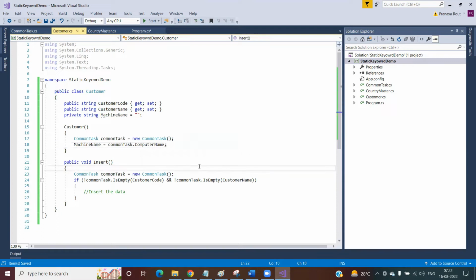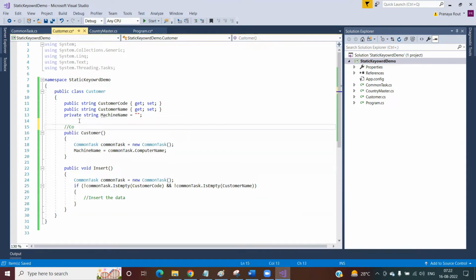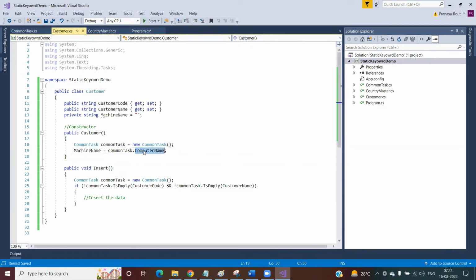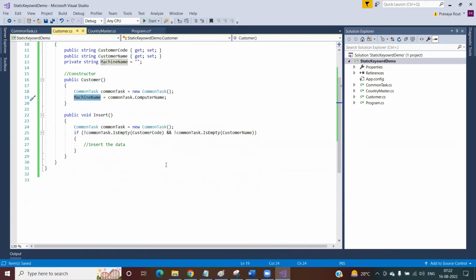Is that clear? Now what I'm doing here, I'm creating a constructor. This is a constructor. And using this constructor, I'm creating an instance of a common text class. This is my common task. And once I create the instance, then I'm invoking the computer name property, and whatever value is returned, I write in this class. And what I'm doing here, I'm creating an instance of a common text class, and I'm just calling